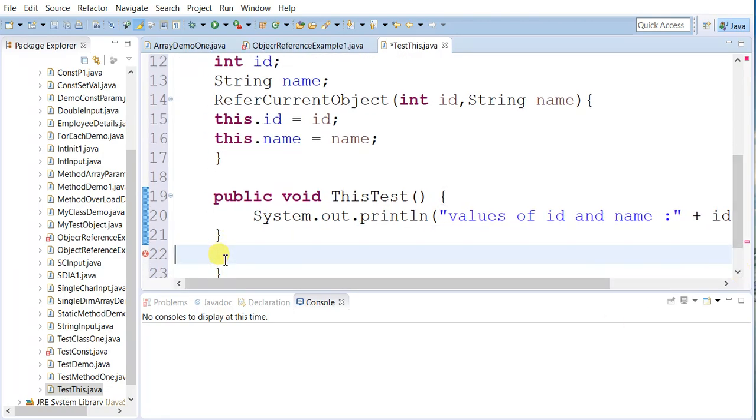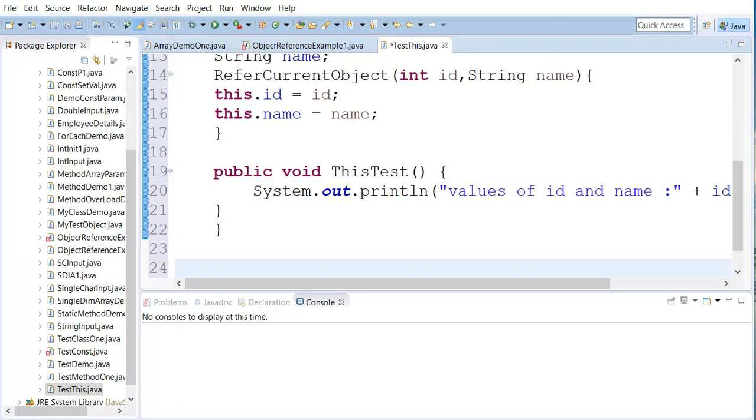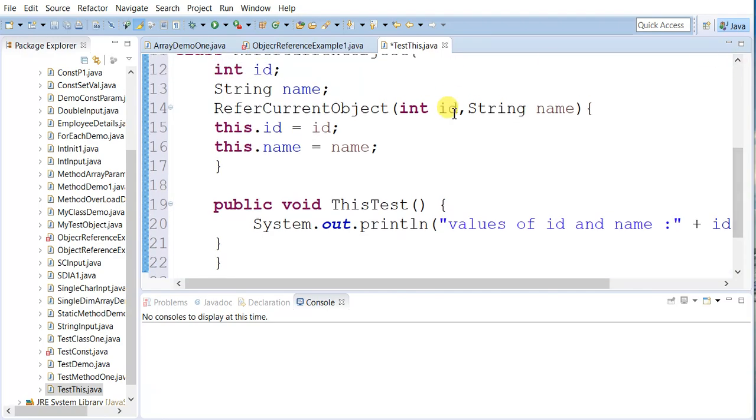Okay, fine. So now we need to provide the values for id and name. How can we provide them? As we can see, id and name are part of the constructor.